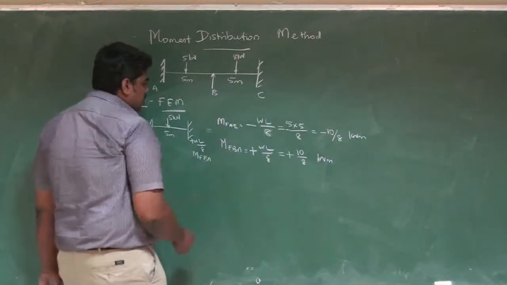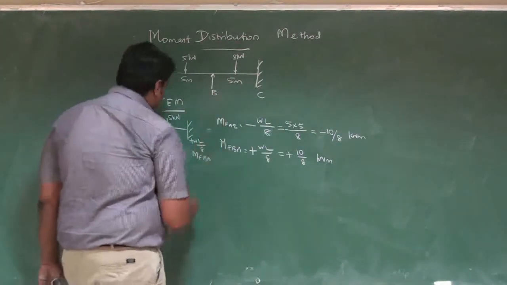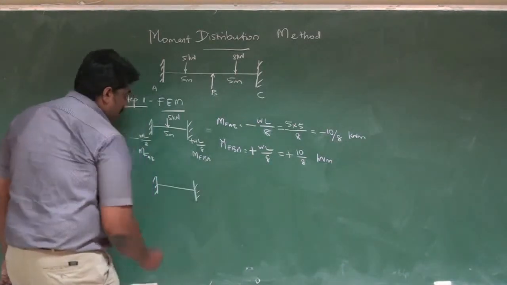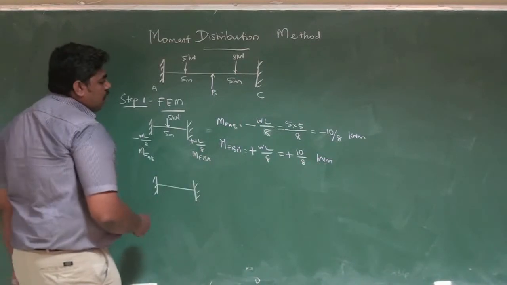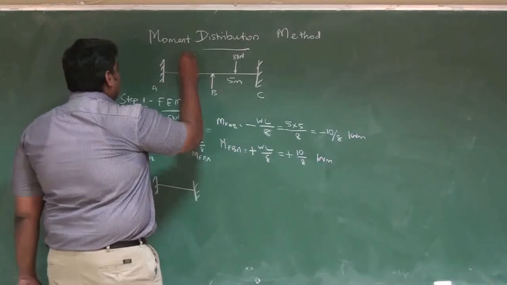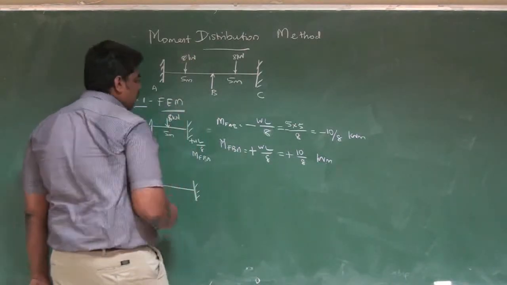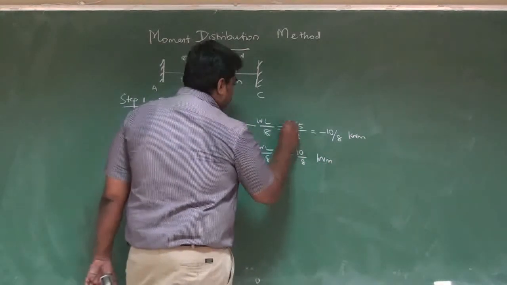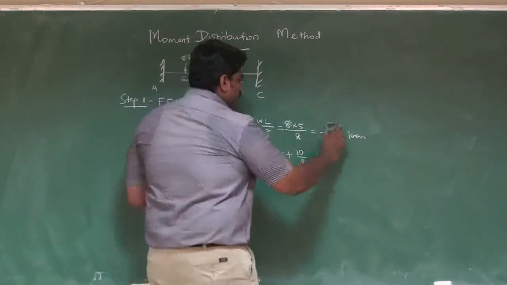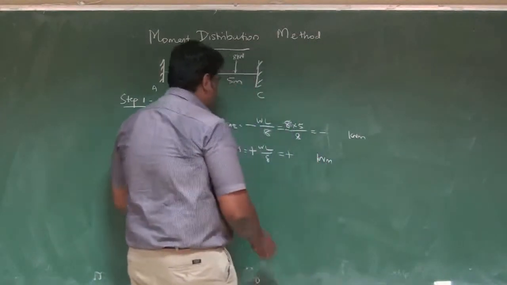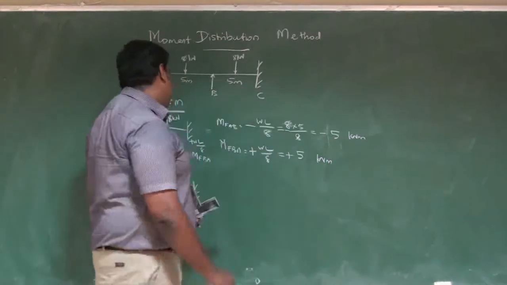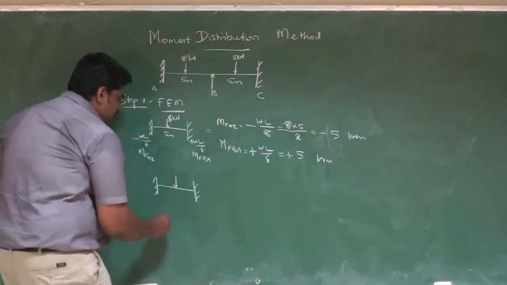And the next value is for the next span. So if you want an easy calculation, we can have this load to be 8 as well, right? So let me take this as 8 as well. So let me take this as 5, right? So the calculation will be easy for us to solve. So let me take this as 5 kilonewton meter and 5 kilonewton meter, right? And another load, the same load, so it will be